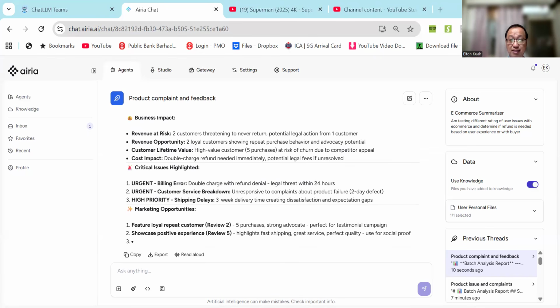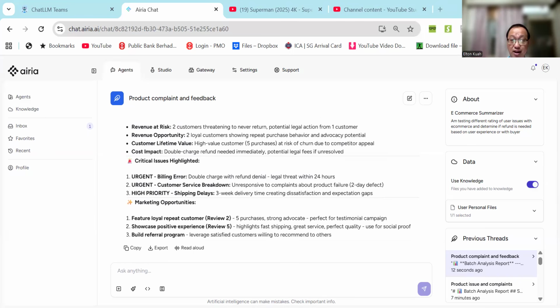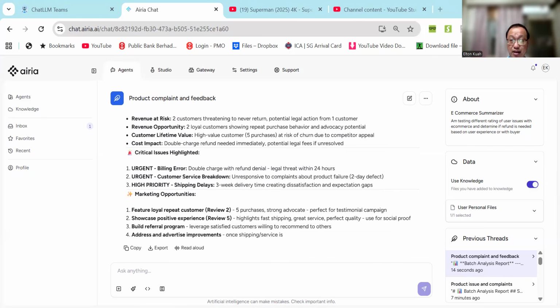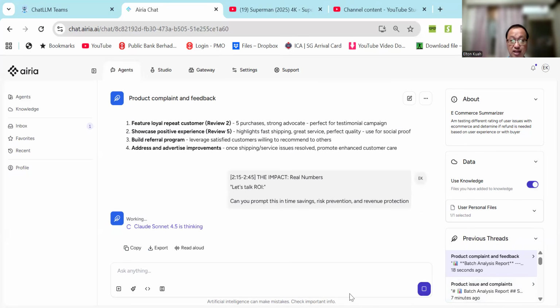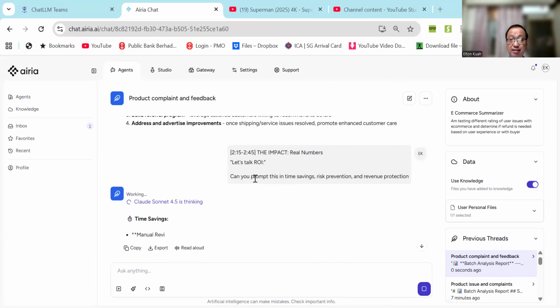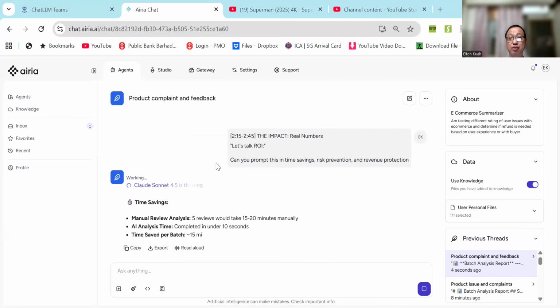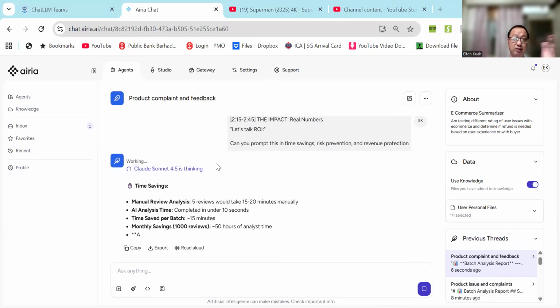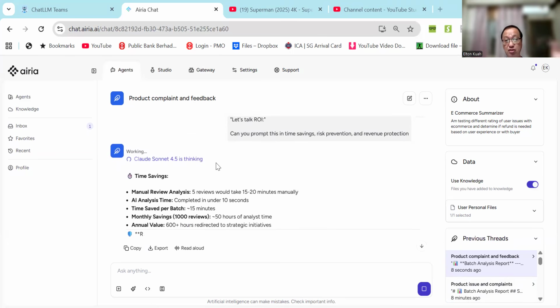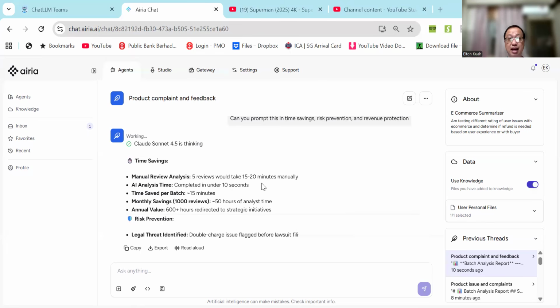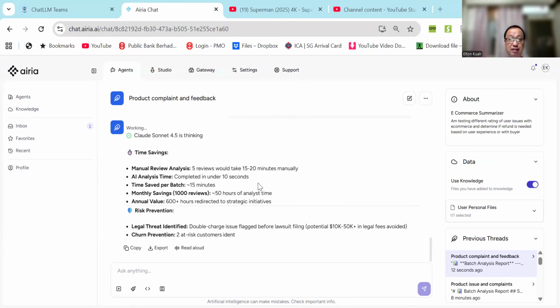And last but not least, if you're talking about ROI, you can also think about how to express it as savings. Let's look at this for a moment. You can see that when I run the machine, it takes the customer reviews in JSON format, all the way through to the business impact and the numbers coming in. This is where you can use it as an example.